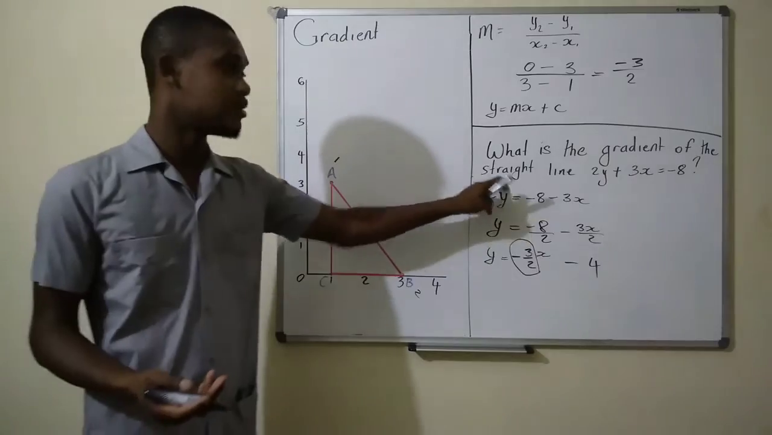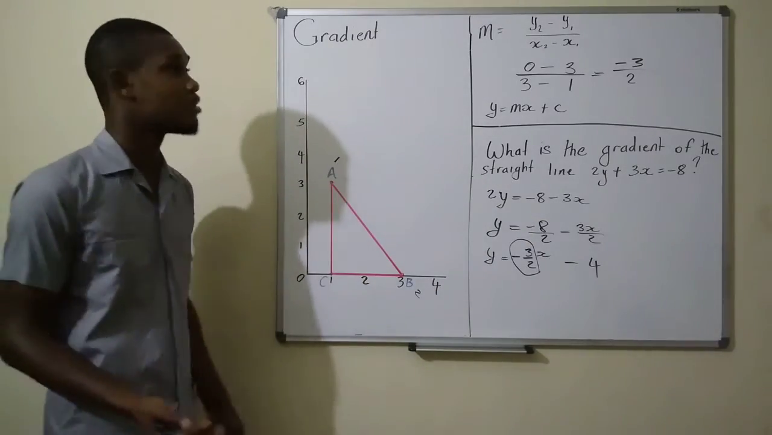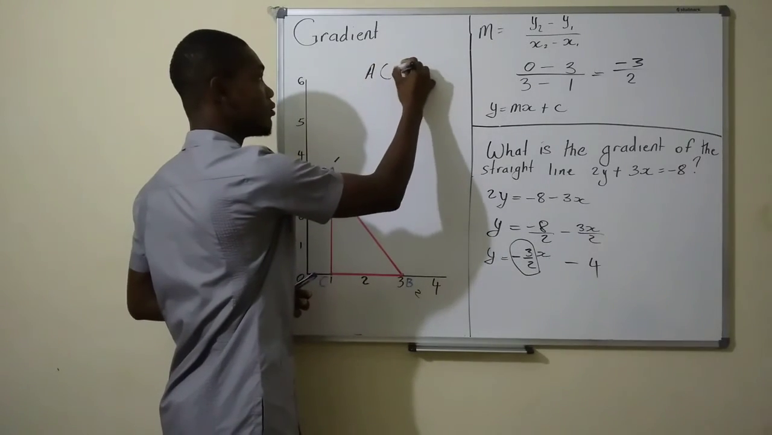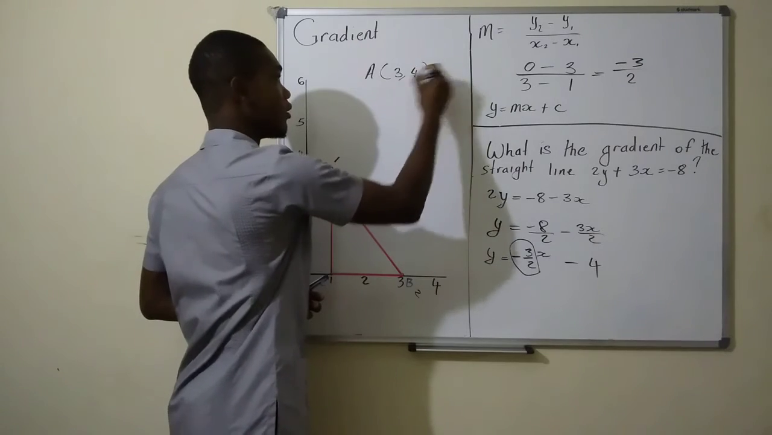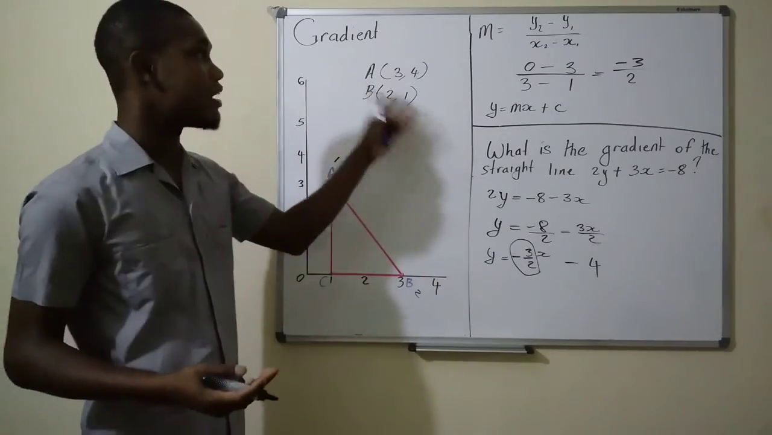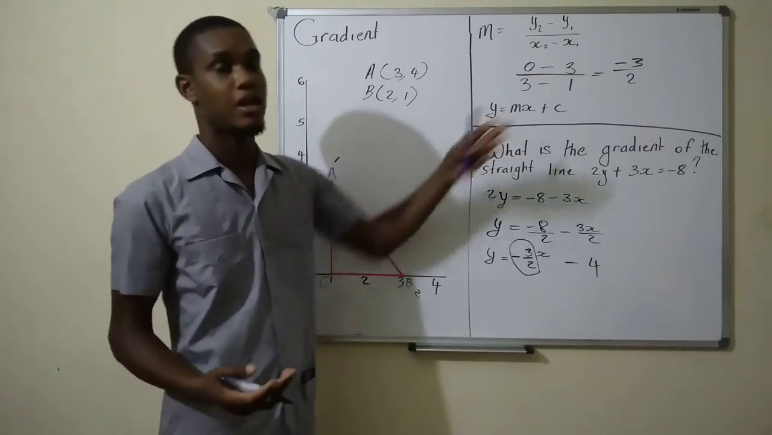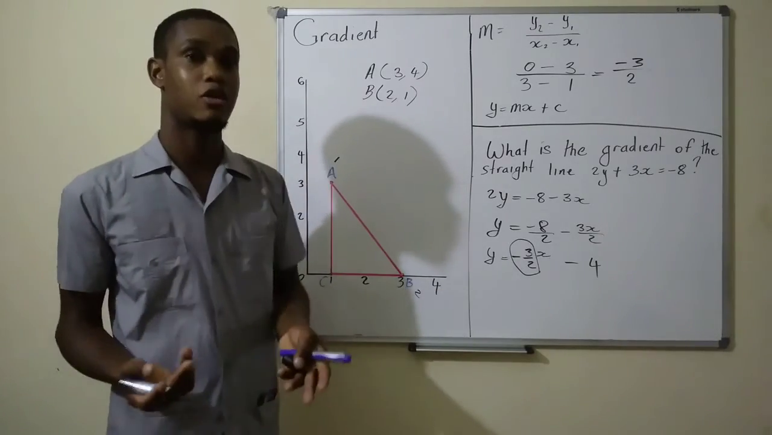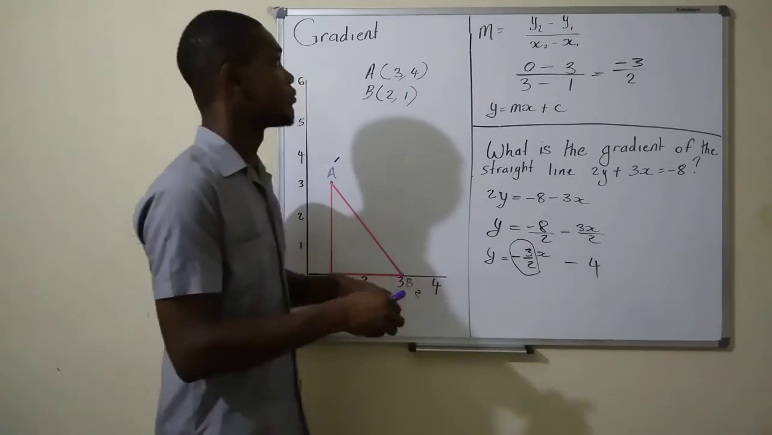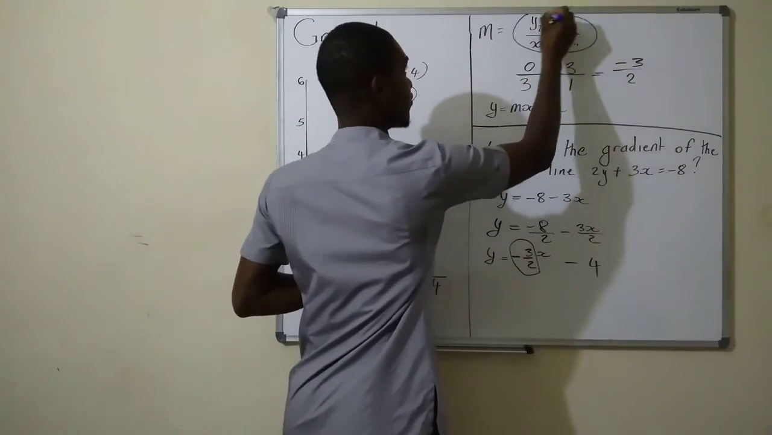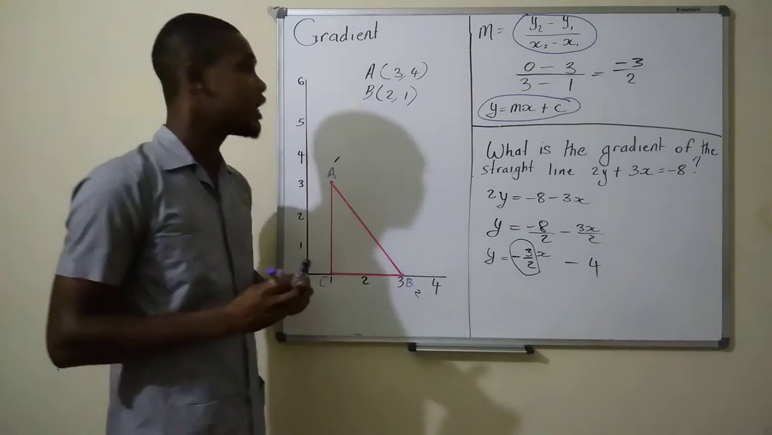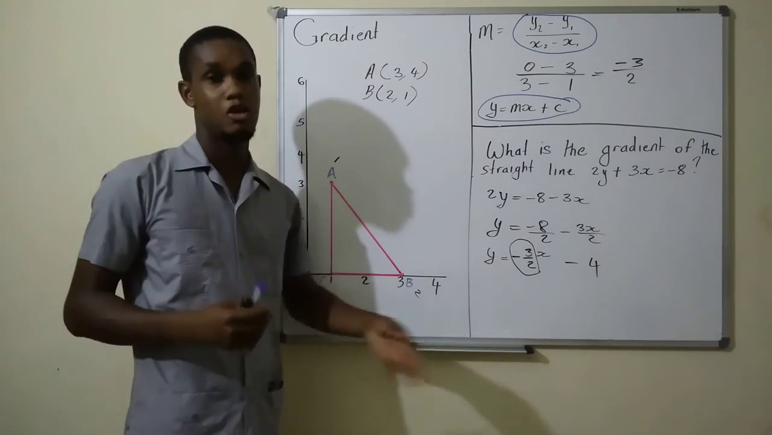Sometimes you won't be given it in this form, or you won't be given a diagram like this. You may be given a worded question that simply says A is (3, 4) and B is (2, 1), and you will have to find the gradient by putting it in this formula and calculating it out. So as long as you are able to remember this formula, or to remember the equation of a line form,